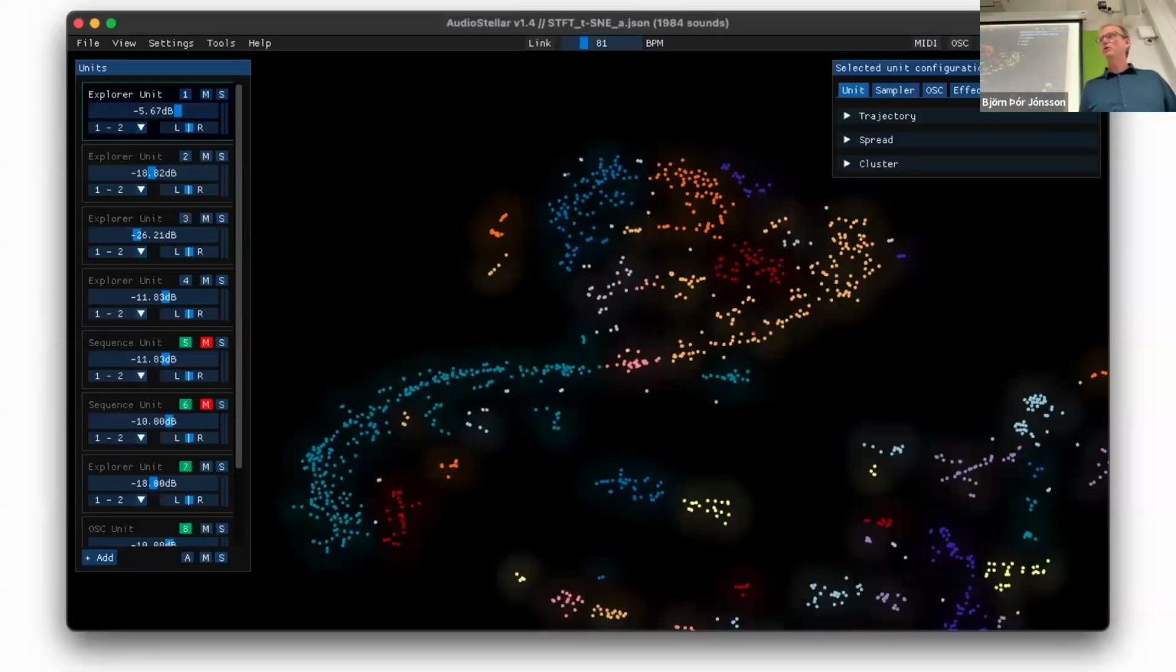But I had the most fun throwing those pre-rendered sounds into this application called AudioStellar, which arranges them in 2D according to their sonic relationships. I set up some automated sequencing through this and even live streamed it. You can still listen to that on YouTube. So that was nice, but I also wanted